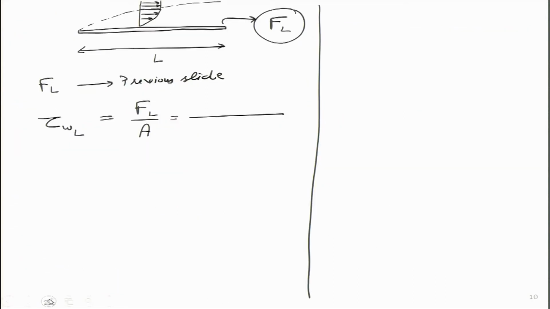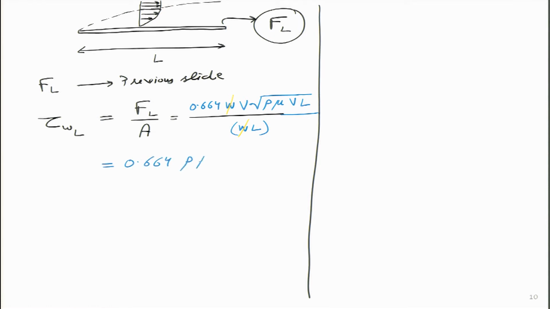Okay. So what I am going to get is this expression over here, 0.664 W, which is the width of the plate, V, the free stream velocity, rho is the density of the fluid, mu is the dynamic viscosity, V again is the free stream velocity, and capital L is the length of the plate, and the area of the plate is simply width into length. So we can do certain cancellations over here, and one power of L will get cancelled as well. So what we end up getting is an expression like this,